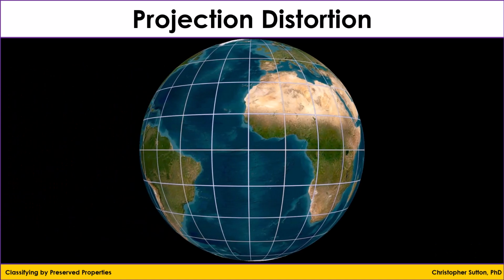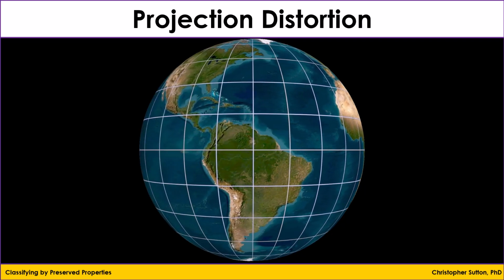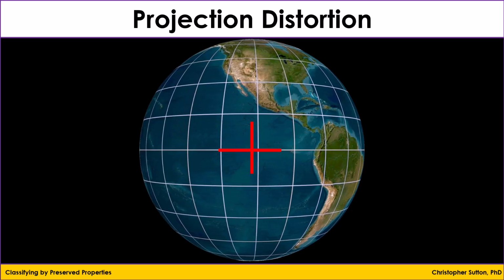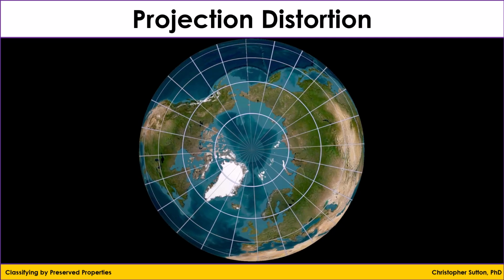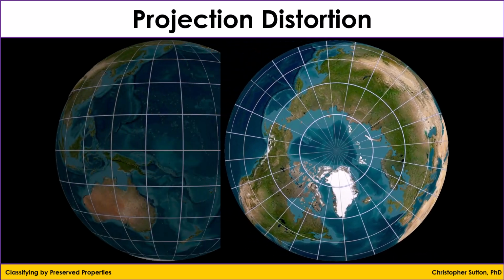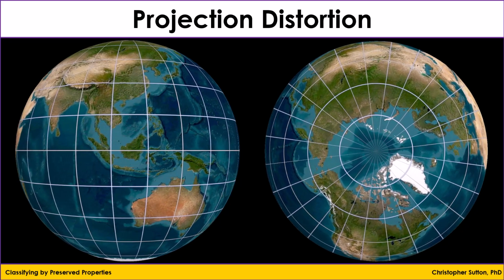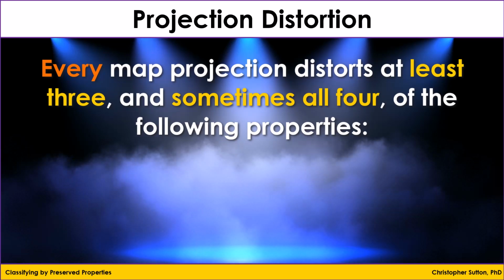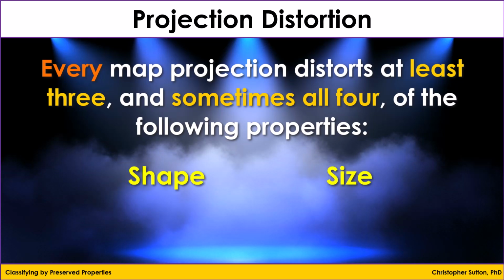To understand map projection distortion, it is important to begin with two characteristics of longitude and latitude as they exist on the globe. First, longitude and latitude lines intersect at right angles. They do this everywhere throughout the globe. Secondly, meridians of longitude converge at the poles. When we create a map projection, we cannot maintain both of these properties at the same time. As a result, every map projection distorts at least 3 and sometimes 4 of the following properties: shape, size, distance,